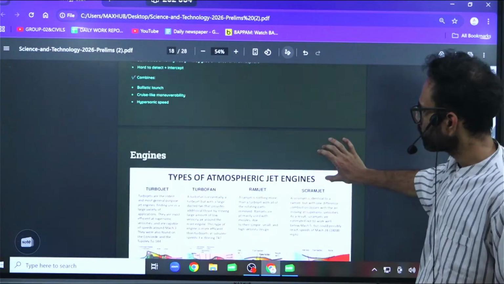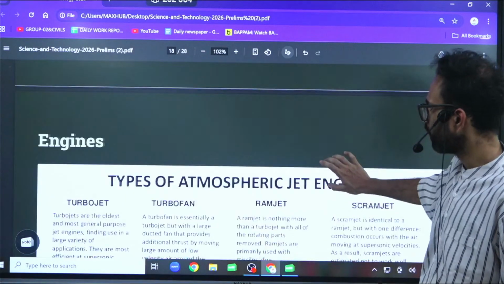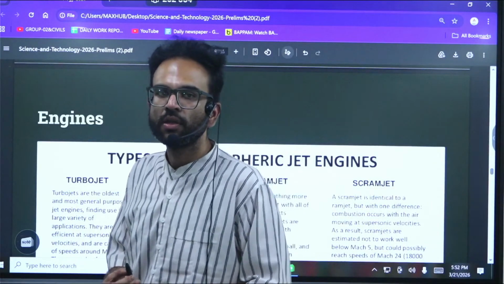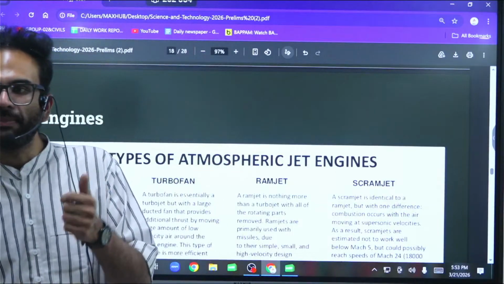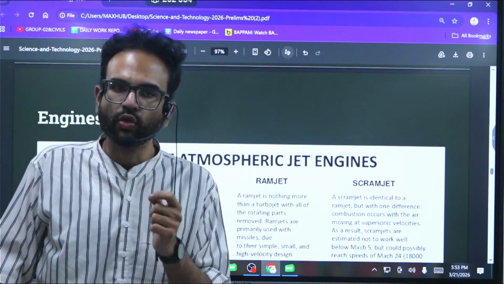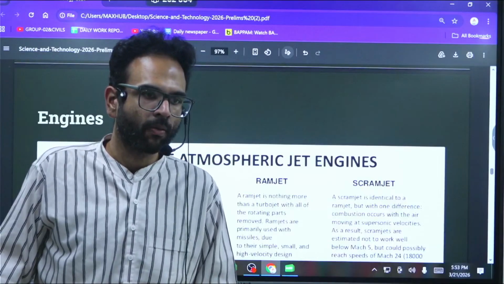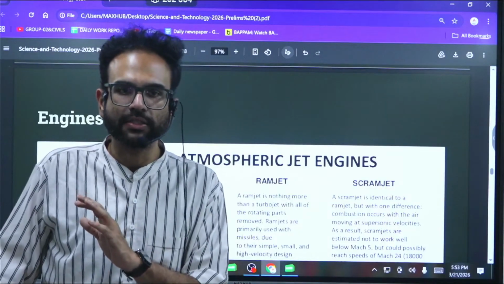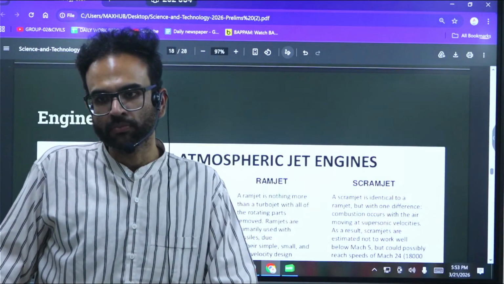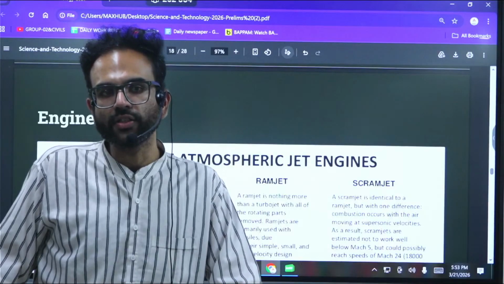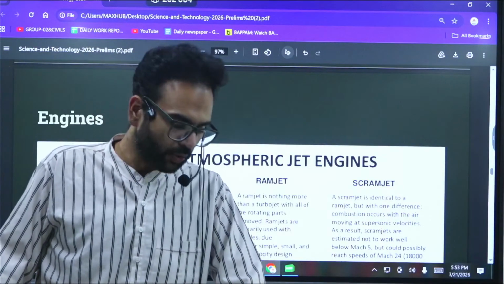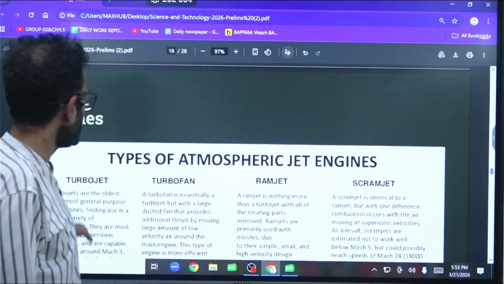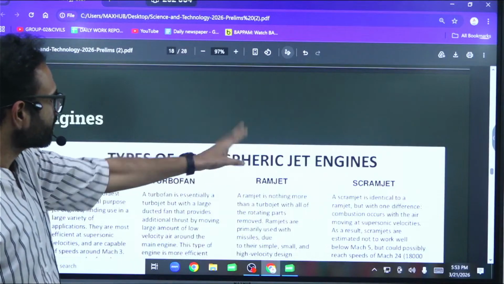Before we even talk about the different missiles, this is one more topic I wanted to cover. I told you that missile systems are fitted with a source of powering them. And when you are powering them, there are various technologies again. So what are those technologies and how are they different? One more thing you need. The various engines that you can see here are turbojet, turbofan, ramjet, scramjet.